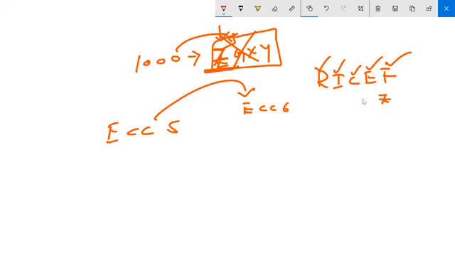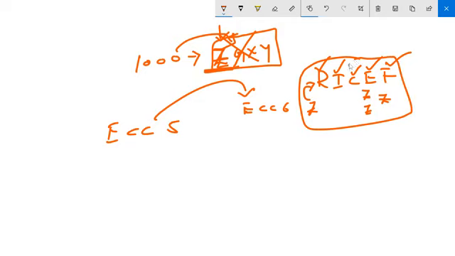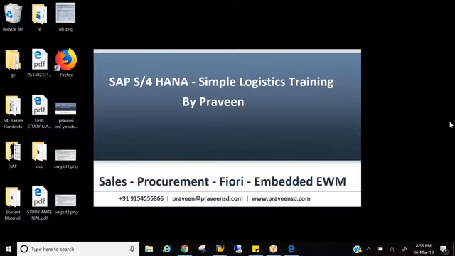Z forms, Z reports, right? R means Z reports, interfaces, conversions, enhancements, Z routines, Z transactions. These all are called developments. An ABAPer will be doing this, right? So Z report means a custom report which is developed for that customer and is not there in the standard.